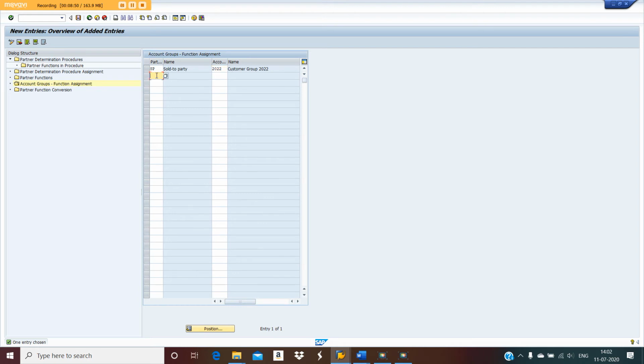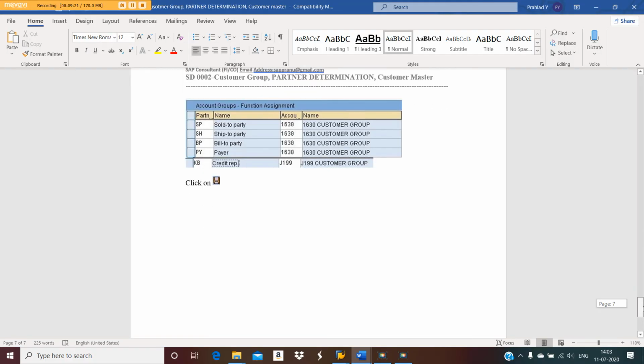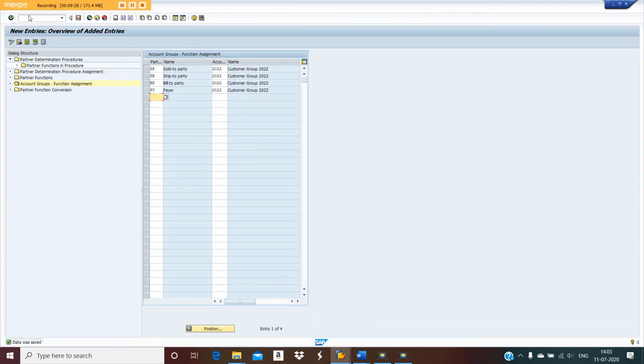Then SH, 2022. Then BP, 2022. Then PY, 2022. Now click on save. So this is how you can create the partner determination procedure.